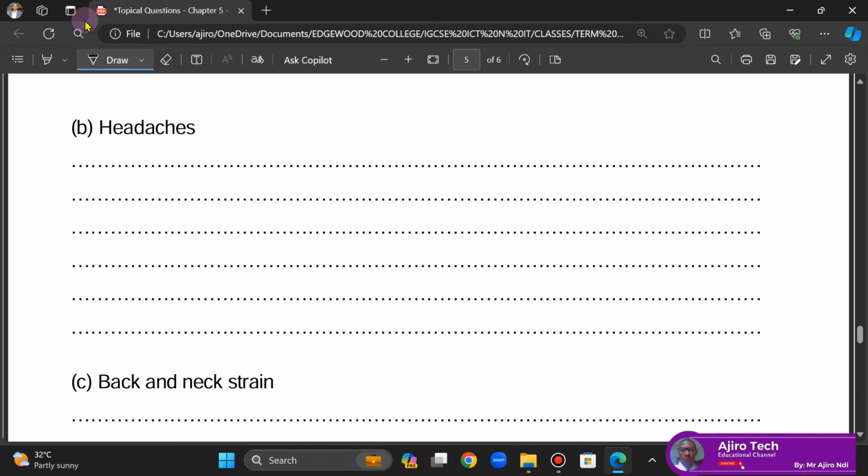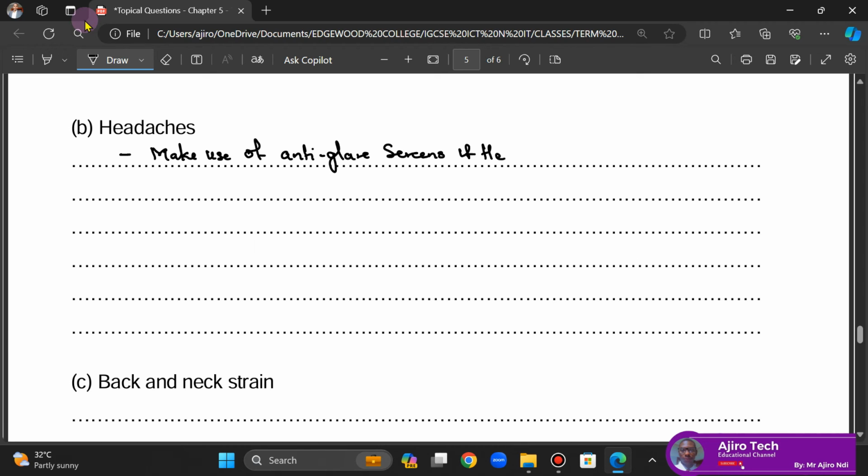For headaches, of course, headaches are caused by incorrect lighting, screen reflection, flickering screens, and so on. So one way to eliminate or reduce this is to make use of anti-glare screens